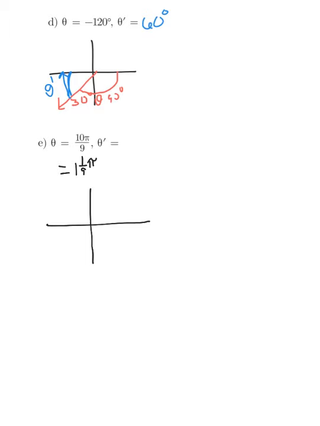So if I need to go 1 and 1/9 pi, that means 1 pi takes me all the way over here. 180 and 1 pi are the same thing. I need to go 1/9 of a pi past that, so I need to go down here. My terminal side is in quadrant 3. There's theta. So my theta prime is from the terminal side